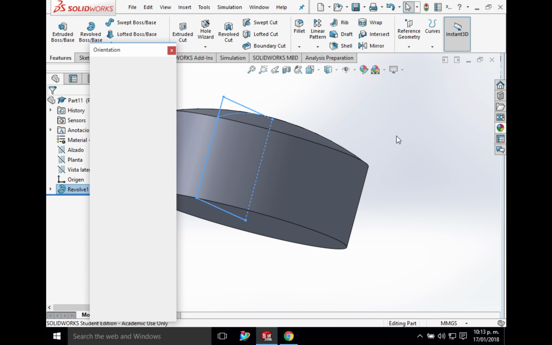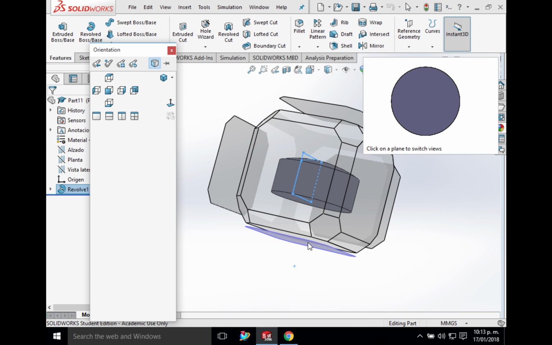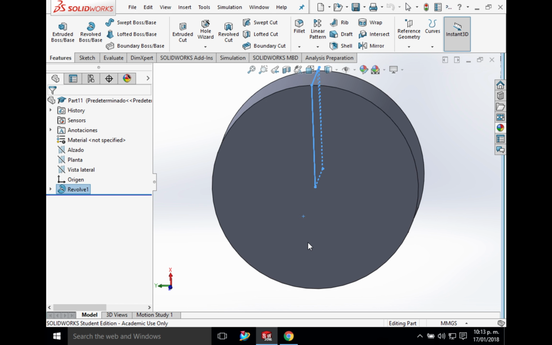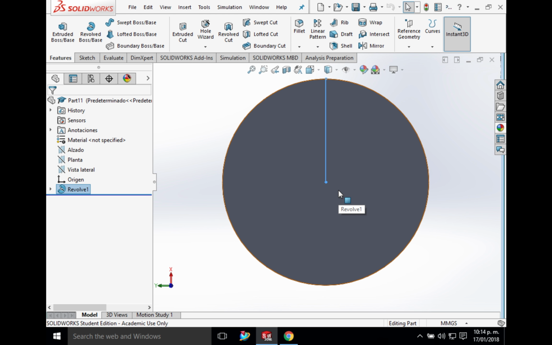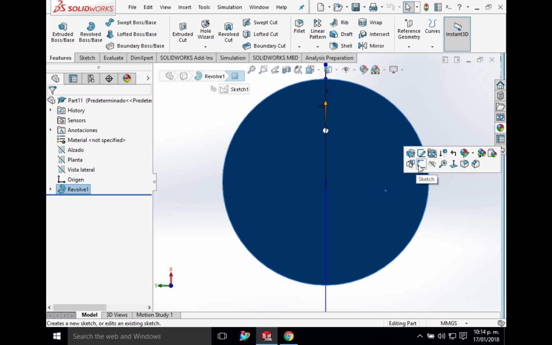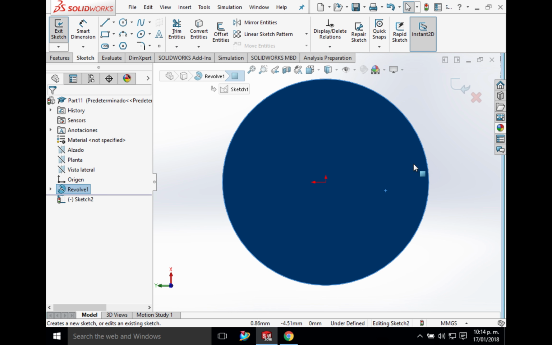Now we're going to modify also the base. So we click spacebar and we click this base. Now this button is different from the other, just to make it easier to manufacture. So it has a different pattern here. So you click here, then you click sketch, then you click center line,